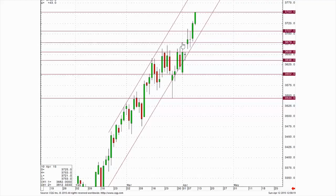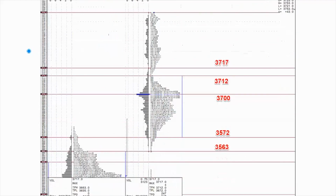If you take a look at the market structure on the weekly market profile, you can see that we've closed at the high, and we also have 3 TPOs at the high. Now, I remember when I was trading the Bund in 2014, actually 2013, 2014, when we started seeing the very big bull trend in the Bund. The beginning weeks, where we first started getting those trends, we saw profiles very similar to this. We were gapping up or pushing outside of value, seeking value higher, and then at the